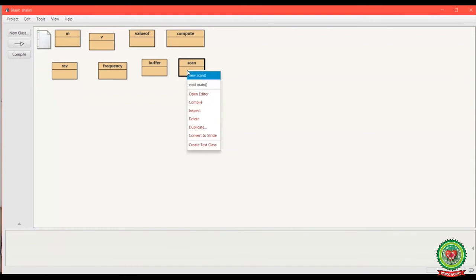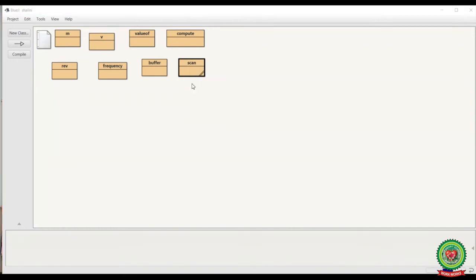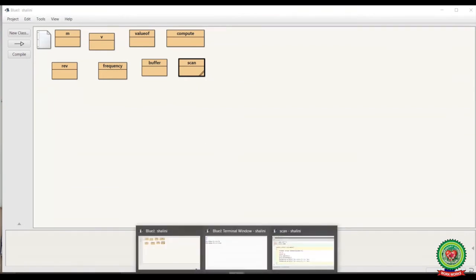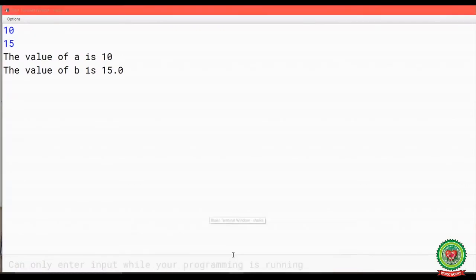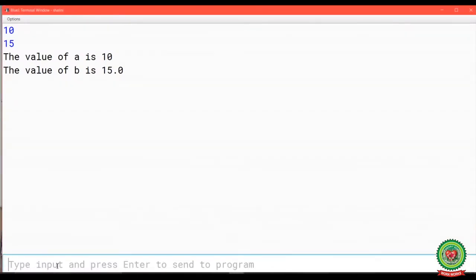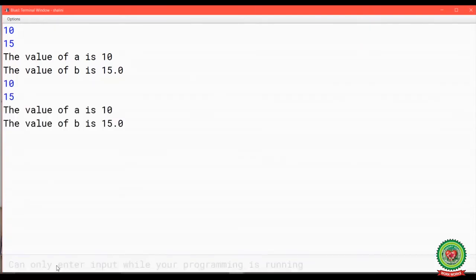Then I will minimize my screen, right click over here and click on void main. In void main, my terminal window will appear. I will type the value like 10, enter, then 15, enter. So the answer is: the value of a is 10, the value of b is 15.0.